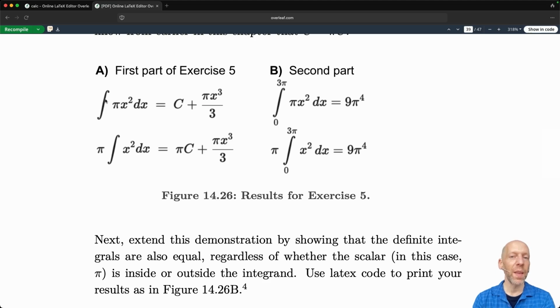indefinite integrals, and then you want to repeat this using the same functions, the same constant, but for definite integrals. So you can set up the problem exactly the same way, but now you integrate from 0 to 3 pi. And the key result here is that we get 9 pi to the power of 4 over 4. In both cases, again, this is just a nice demonstration of the linearity of